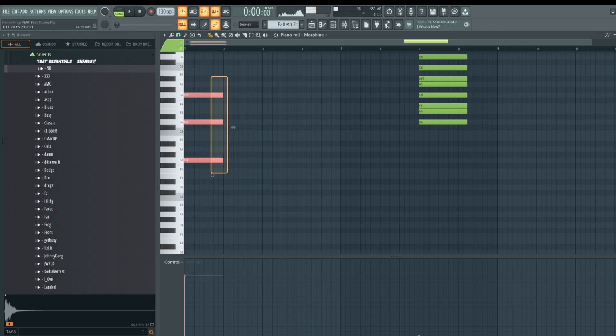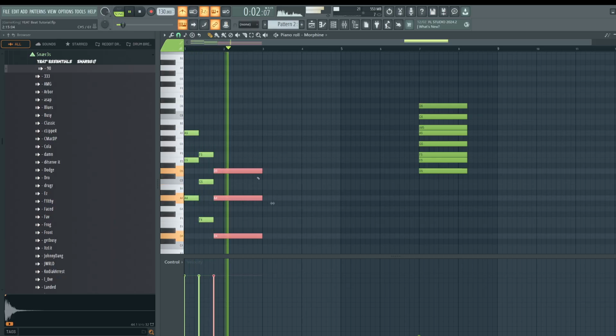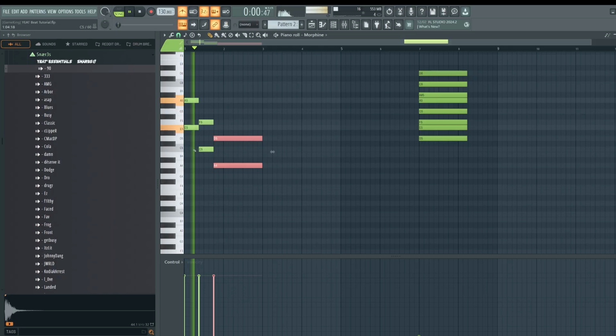Now remember, we didn't start on the note D, so I'm going to start with the top note, okay? So the top note was A. And then we went to F. So all I'm doing is hitting Shift, hitting Control to highlight, hit Shift, left click, drag. We don't need this octave down here.